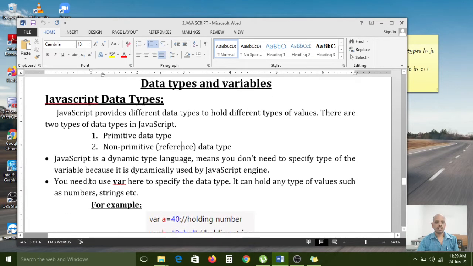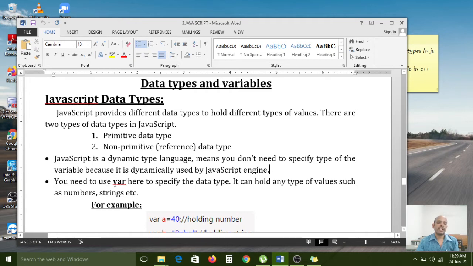JavaScript is a dynamically typed language, meaning you don't need to specify the type of the variable because it is determined dynamically by the JavaScript engine. JavaScript supports both primitive and non-primitive data types, but we don't need to specify them anywhere.